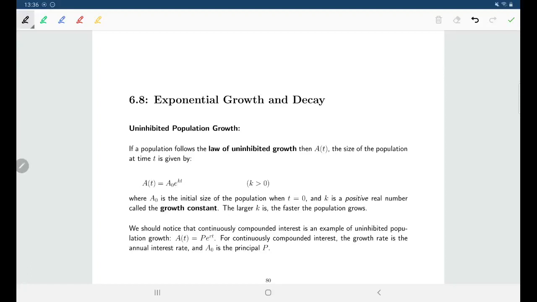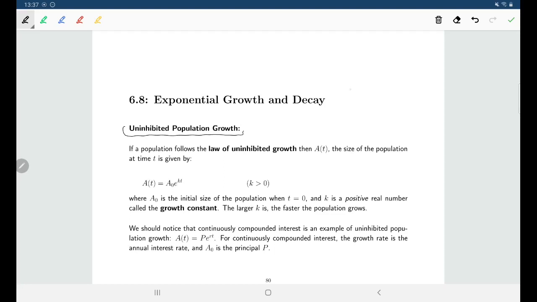Welcome back. In this section, we'll be talking about some more applications of exponential functions, in particular, exponential growth and decay. We'll also be talking about logistic equations towards the end of this section. To begin with, exponential growth, or uninhibited population growth, is a kind of growth where there's nothing to slow the